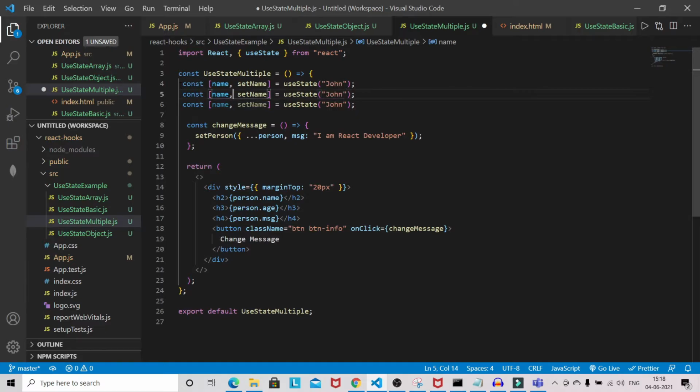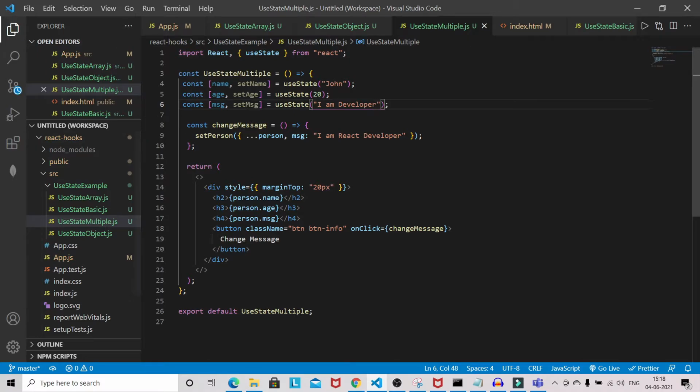Okay, so age, set age will be 20, and this is the message, set message, and the message is I am developer.